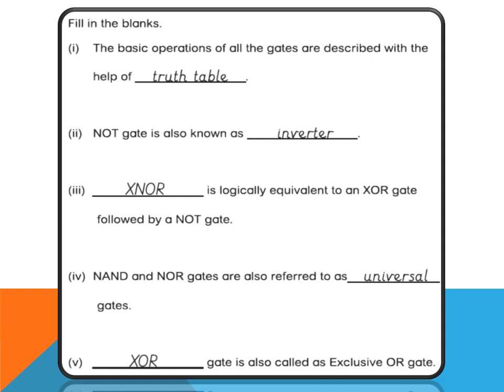Now, in the first video of this chapter, we have discussed a table, right, where there were basic gates, universal gates, and exclusive gates. Also practice that table, okay? That flowchart type of thing there was. Try to follow that one also. That is also important from your examination point of view. And the last answer is XOR gate is also called exclusive OR gate.